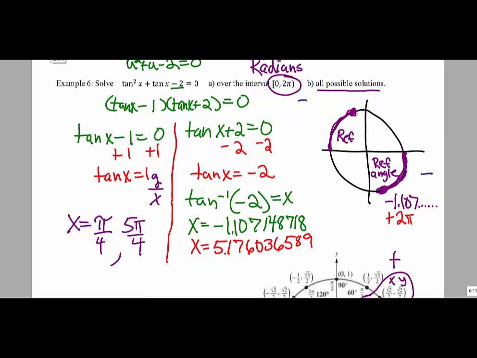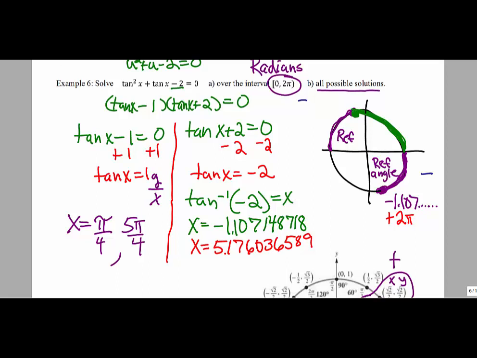I'm going to do this one in green. Okay, so we want to know what this angle is here. So it has the same reference angle as that angle. But if I start here and I go in the positive direction and I stop at that point right there, what angle in quadrant 2 has a reference angle of -1.1? Well, in order to find this angle,